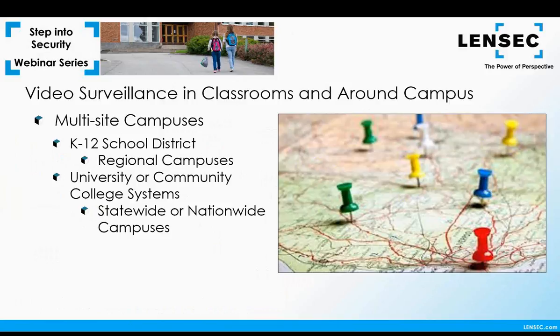Deploying cameras across multiple sites can be a challenge. In fact, many campuses don't link across geographical regions, though I can give you a few good reasons why you should consider it. Some campuses are very diverse in their surveillance deployment, with many different equipment brands and system designs across the education system. For example, they may have an analog DVR system with a variety of camera brands at a middle school and no coverage at an elementary school.